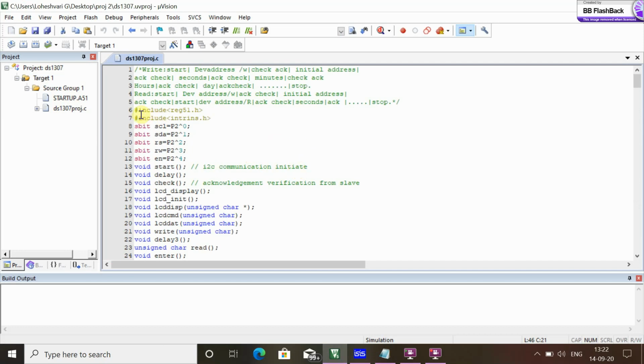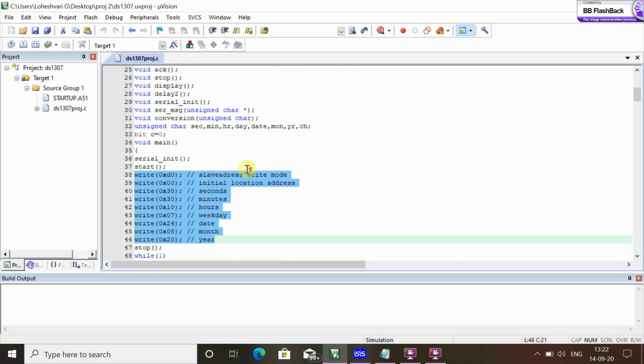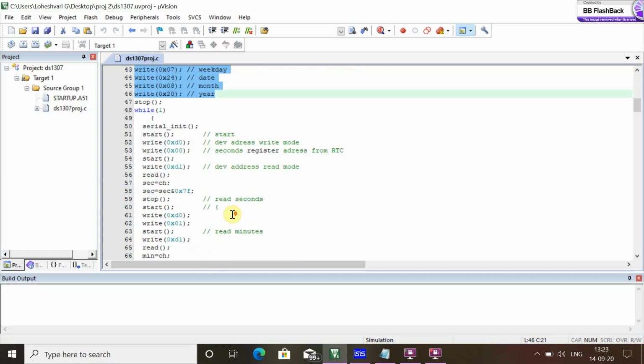And these are the two header files for the 8051 family, and I have used some delay functions, so I have used intrins.h, which is a header file. This is the coding for the real-time clock, which displays on the LCD screen. And this part is the data frame we are following here, and whatever time we are expecting from the chip we should give here. I have given a time such as 10:30, so it starts counting from that time.